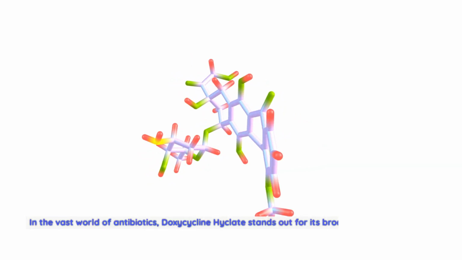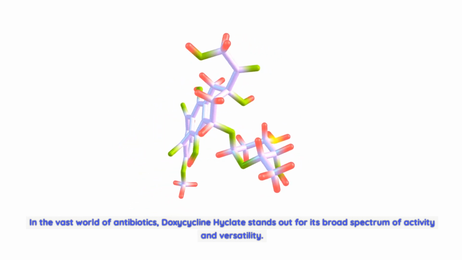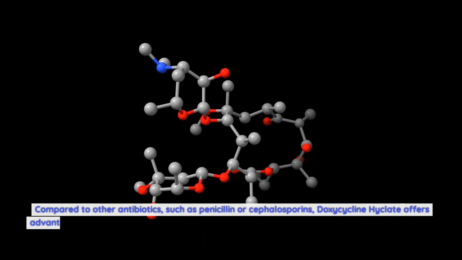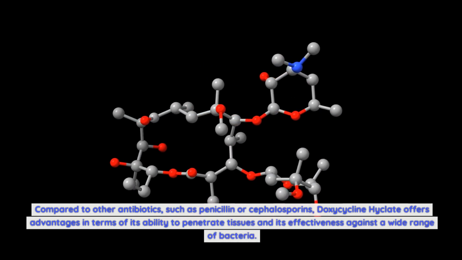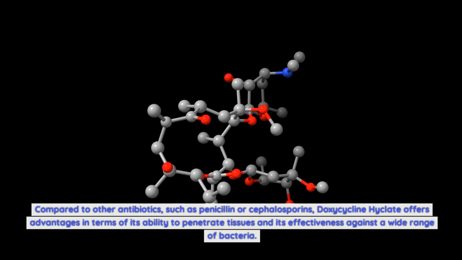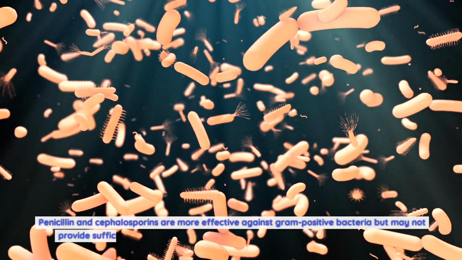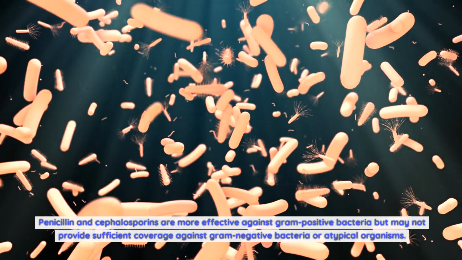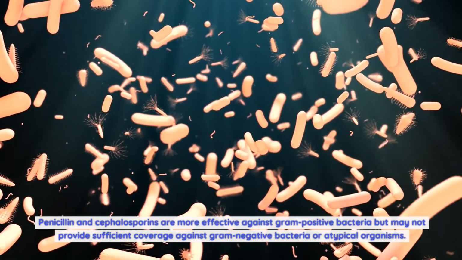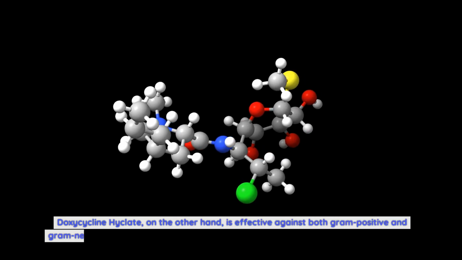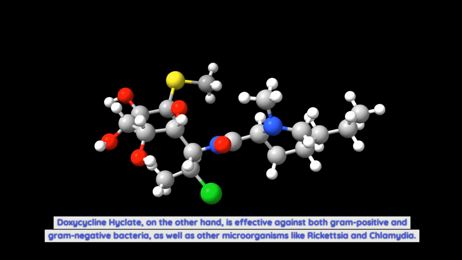In the vast world of antibiotics, doxycycline hyclate stands out for its broad spectrum of activity and versatility. Compared to other antibiotics such as penicillin or cephalosporins, doxycycline hyclate offers advantages in terms of its ability to penetrate tissues and its effectiveness against a wide range of bacteria. Penicillin and cephalosporins are more effective against gram-positive bacteria, but may not provide sufficient coverage against gram-negative bacteria or atypical organisms. Doxycycline hyclate, on the other hand, is effective against both gram-positive and gram-negative bacteria, as well as other microorganisms